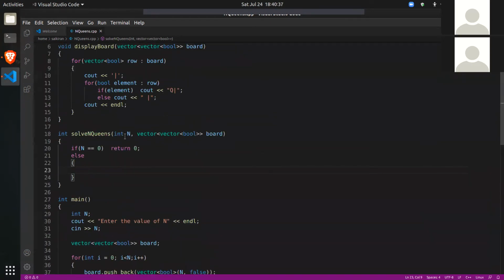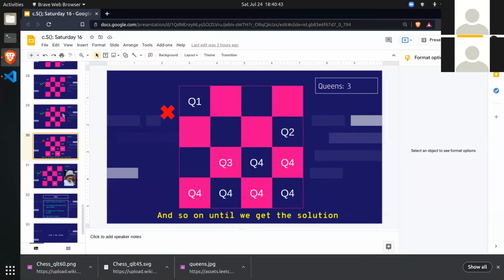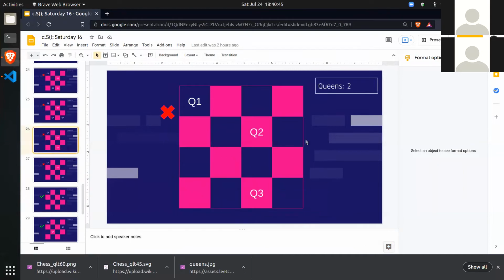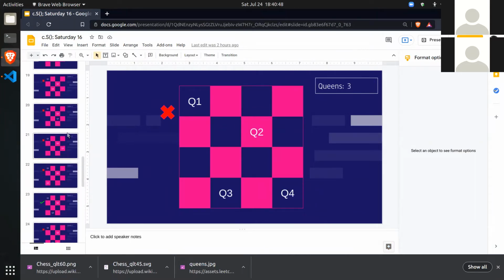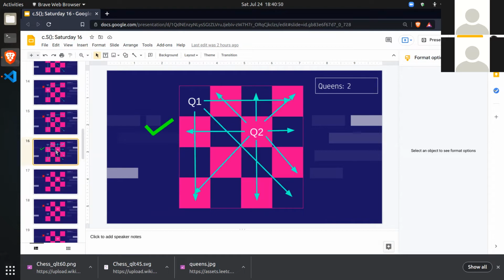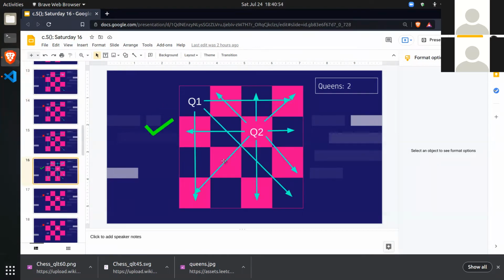For now, let's go back to the presentation once. Do you see what is happening to Q2? Let's go to the position where Q2 got placed correctly. Before, we were trying Q2, but we found a correct place for it. And what were we doing with Q2? We were trying all possible cells, right?